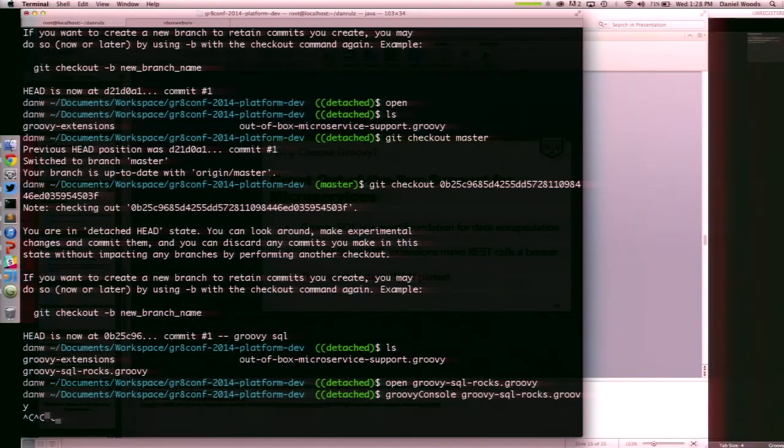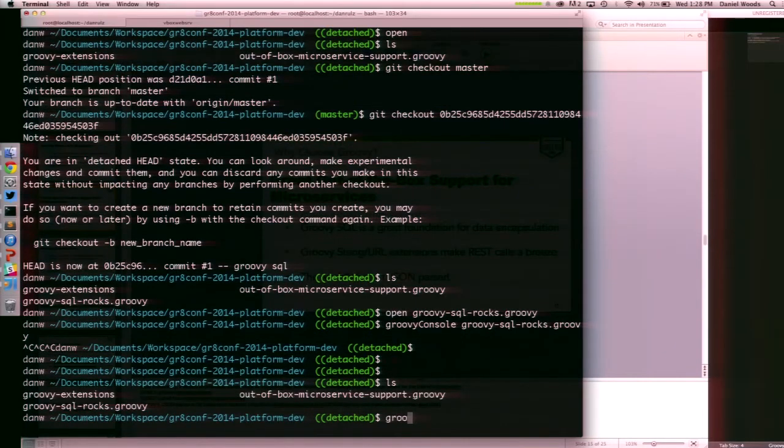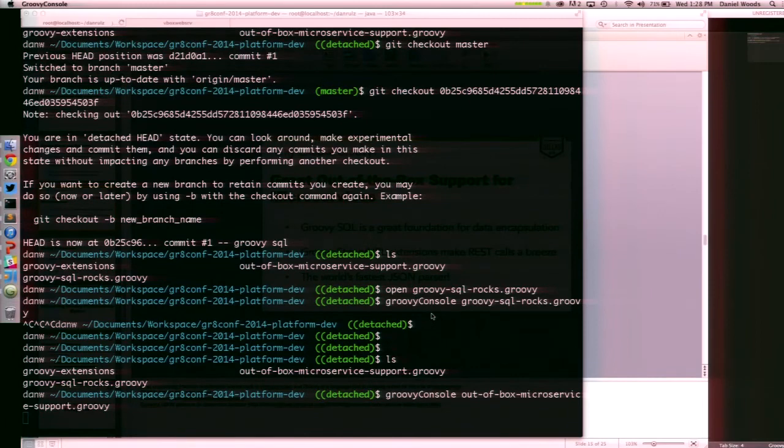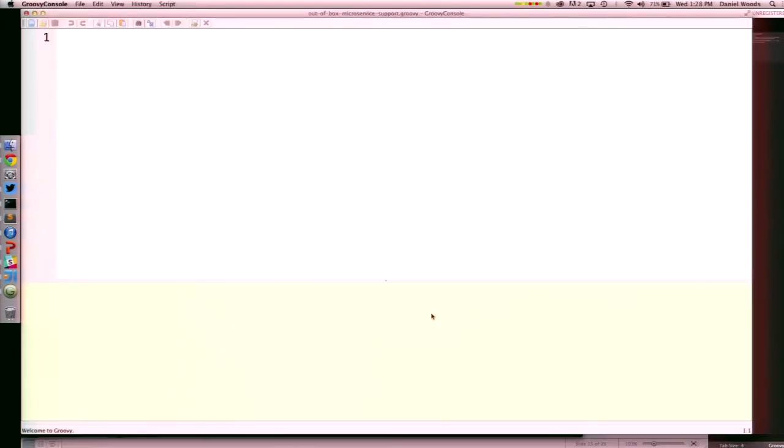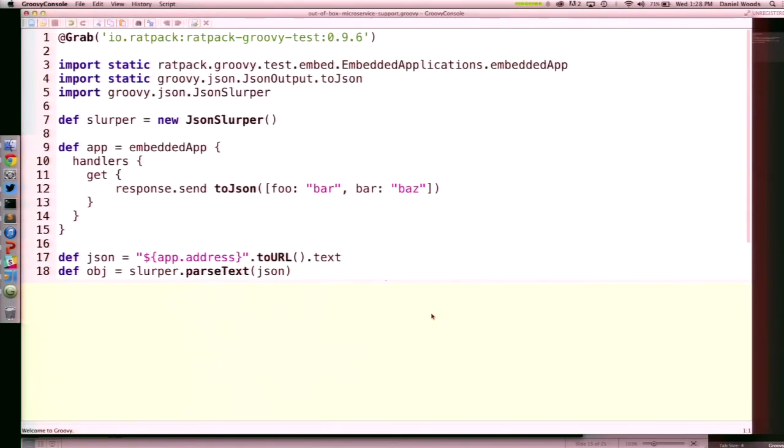Now, another aspect of this was performing REST calls, right? I'll show you that. Okay, so what I'm doing here is only semi-important, but Ratpack has test fixtures for embedding an application.